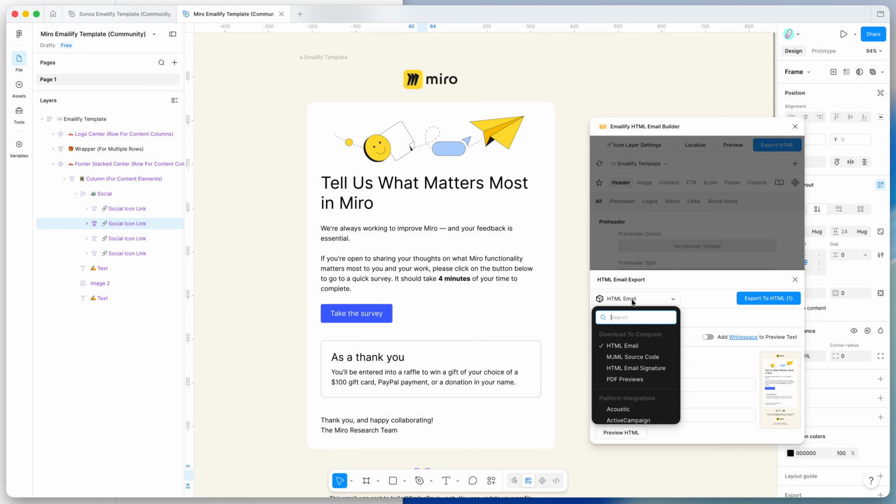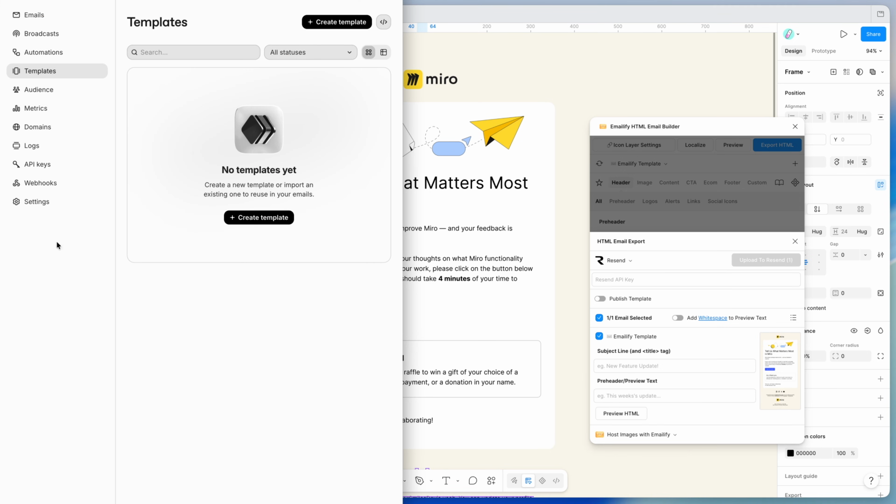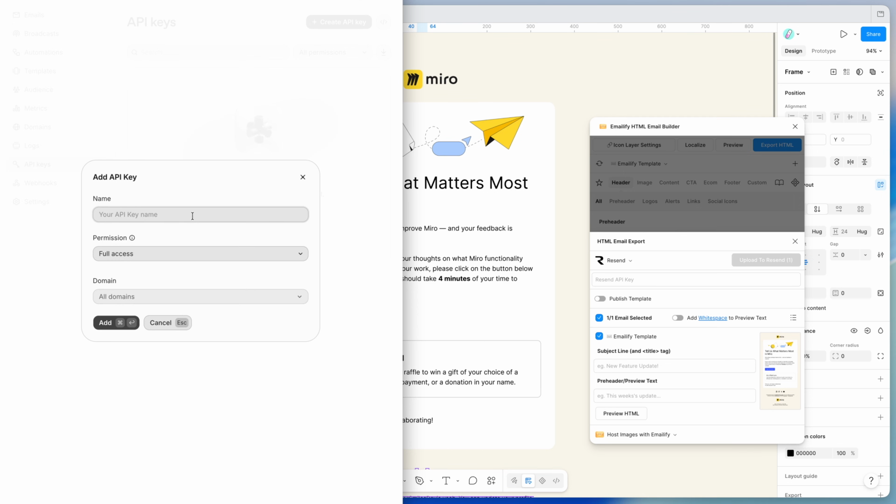So what we need to do is just change this option in the plugin, scroll down to the platform integration section and go down to the letter R, and you will find the Resend option down here. So all you need to do is grab your Resend API key, and you can do that by going to your API keys page in the platform and just clicking on Create API Key, and then just give it a